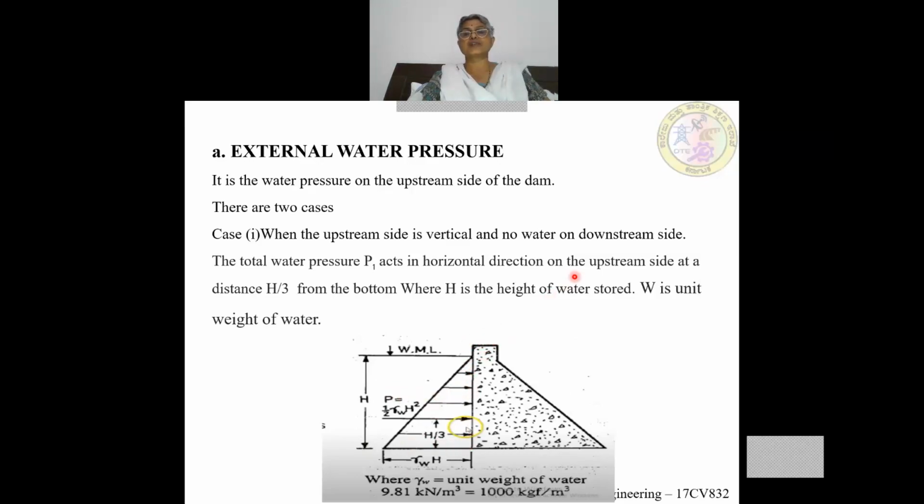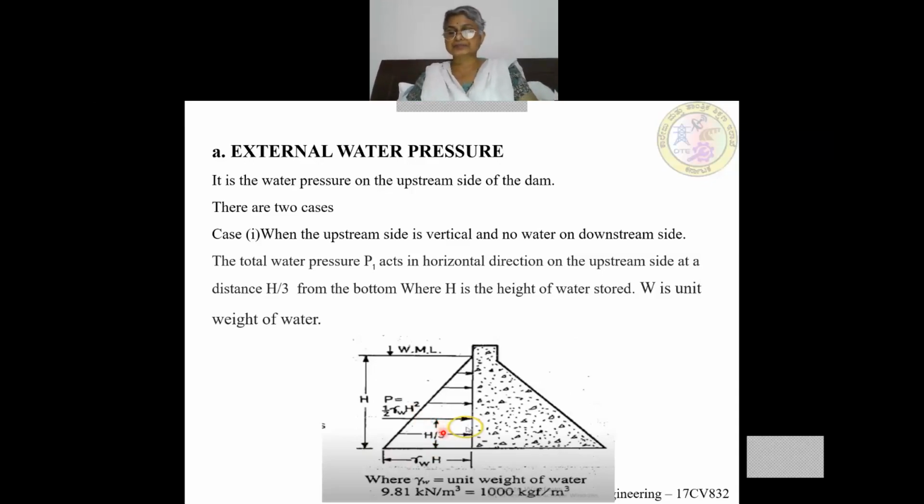The dam will be running in this particular direction, the longitudinal direction. We will take 1 unit length along the longitudinal direction and design the dam section. So, the total pressure P will be the area of this triangle. Area of this triangle is half of gamma W into H, the base, into height H. So that will come to half gamma W H square, which will be acting at a distance of H by 3 from the base.